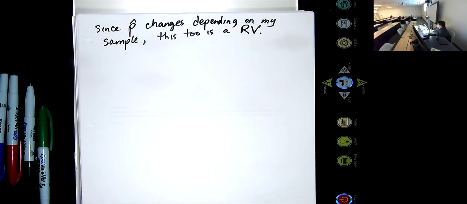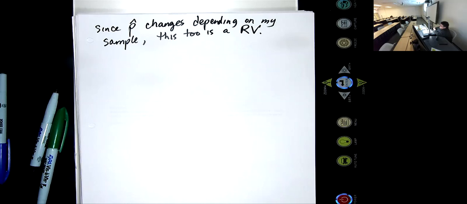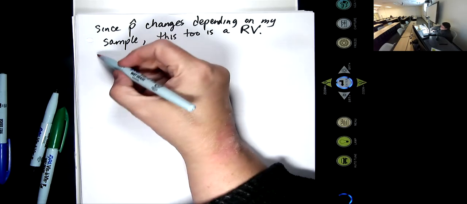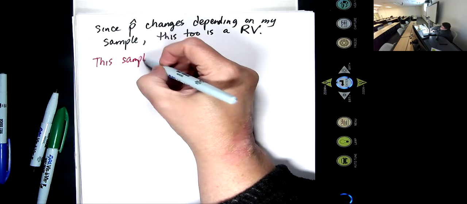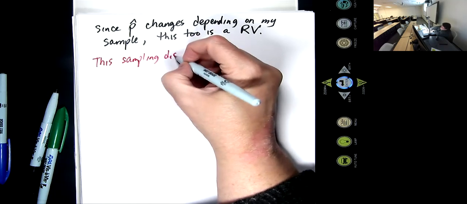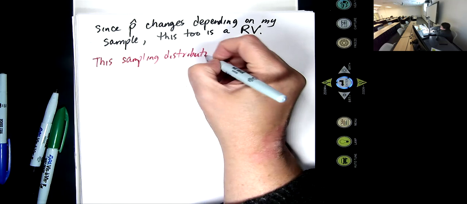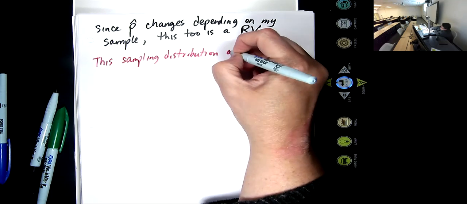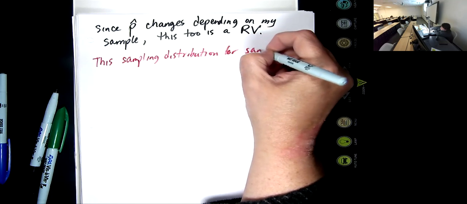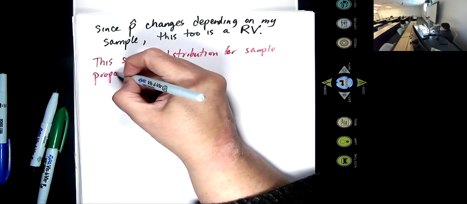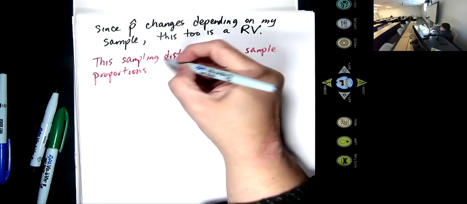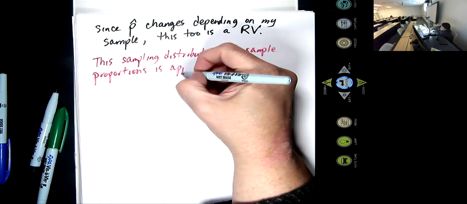And just like with the sample mean, this sampling distribution for sample proportions is approximately normal if